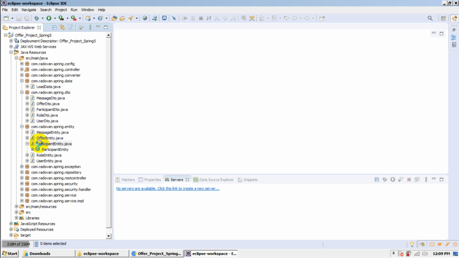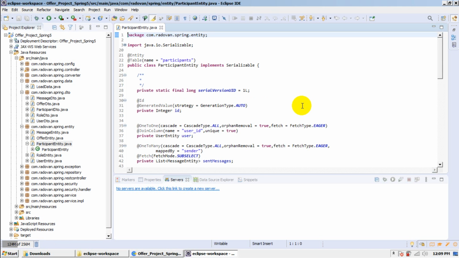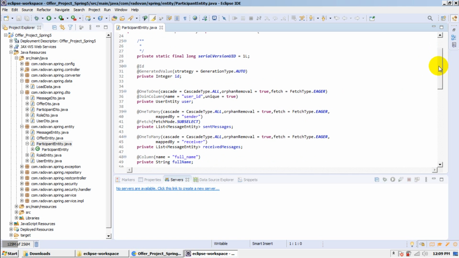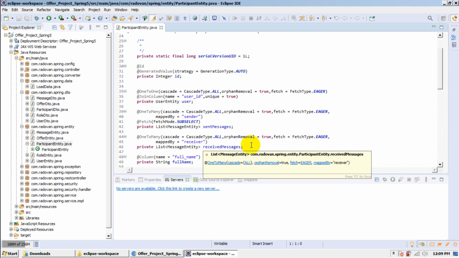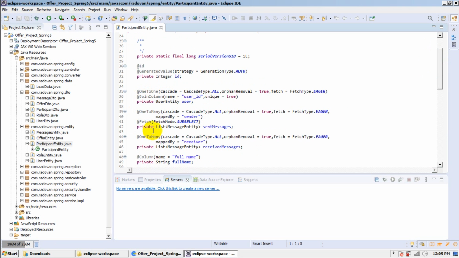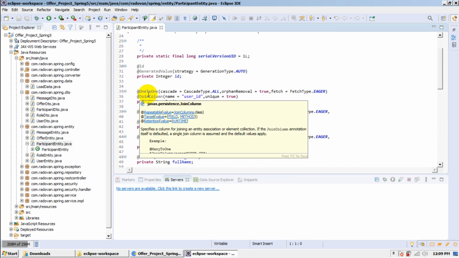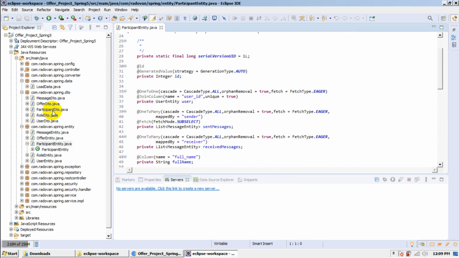For example, in the participant, now you will see here is the entity, and it has a one-to-one relation with user, and a one-to-many relation with sent messages, but we will not use sent messages; received messages we will use. It is a one-to-many relation. And first is one-to-one with